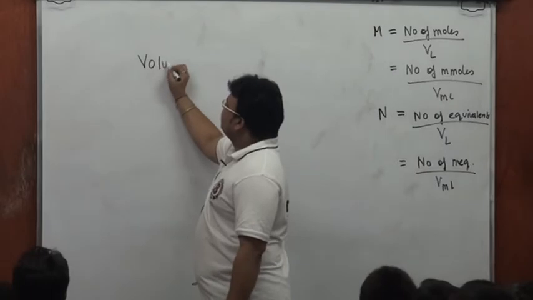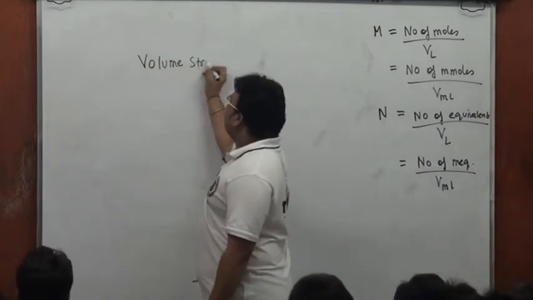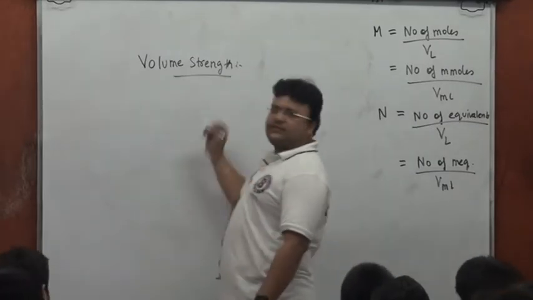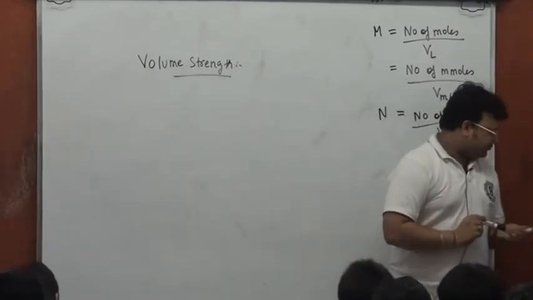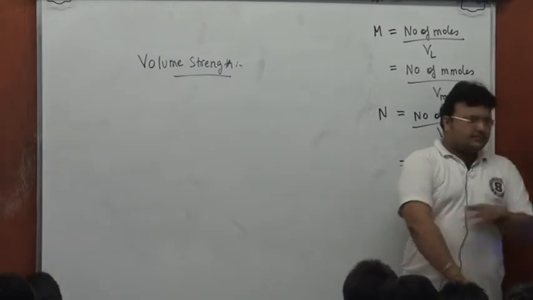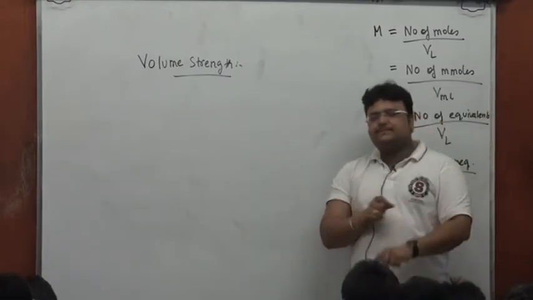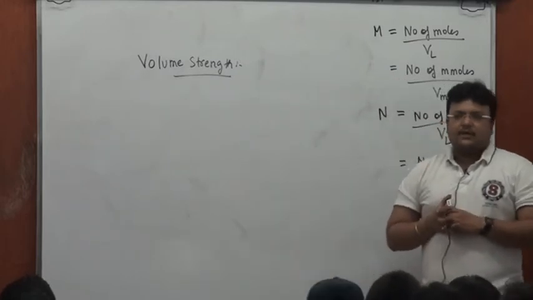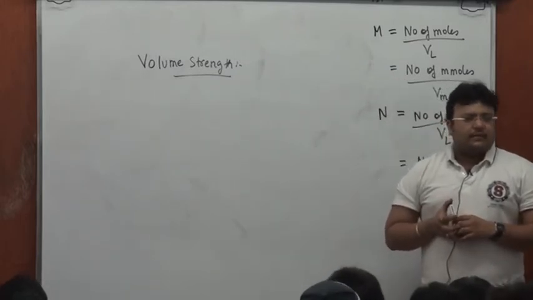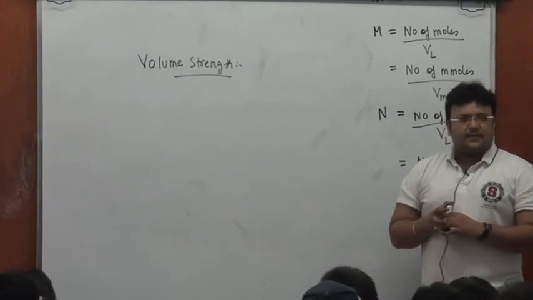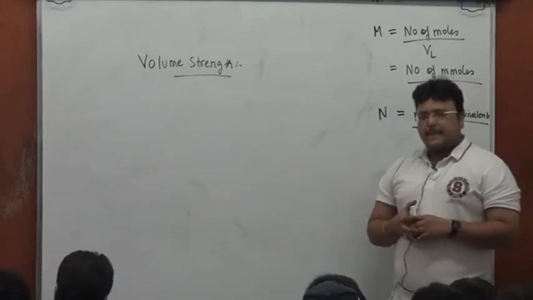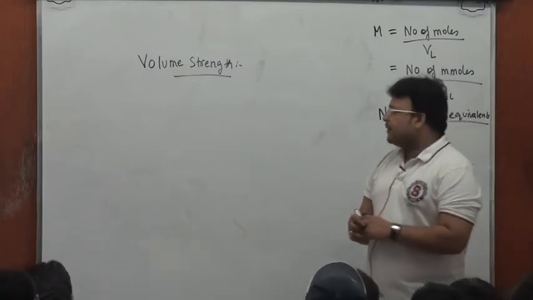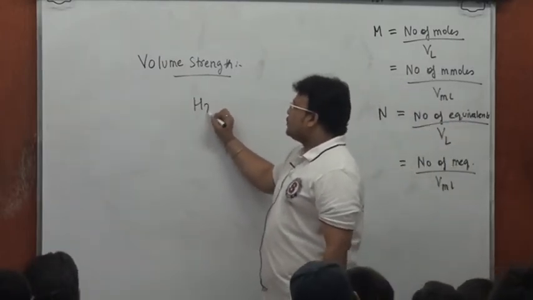Volume strength. Heard of H2O2? Terribly unstable molecule because of the peroxo bond. I must have told all of it. The problems involving H2O2: H2O2 being terribly unstable and dissociating in this way,